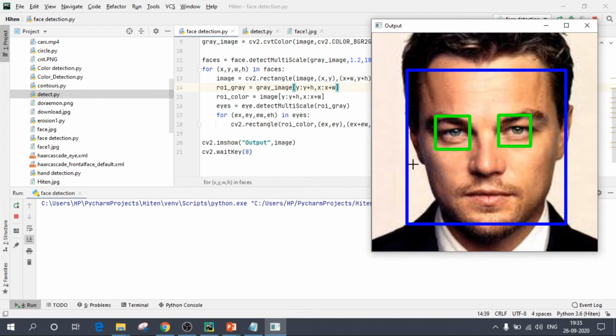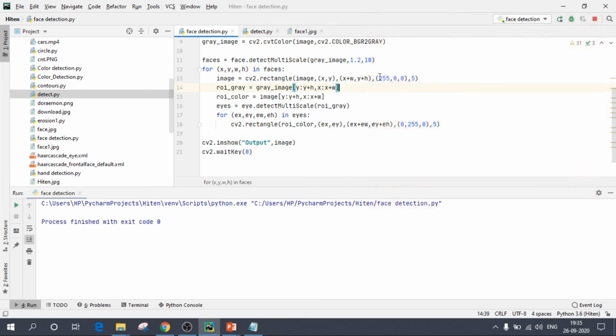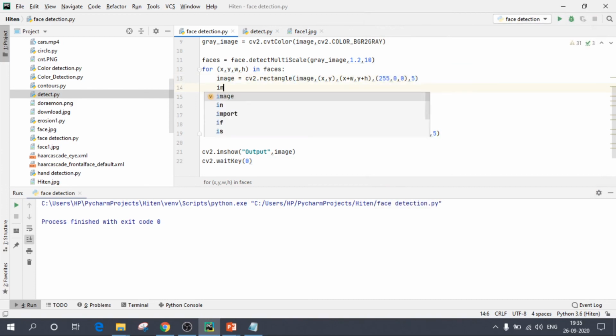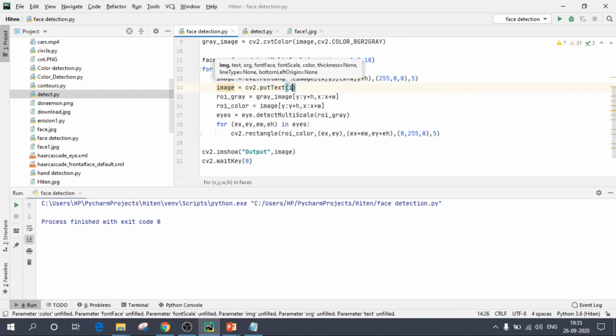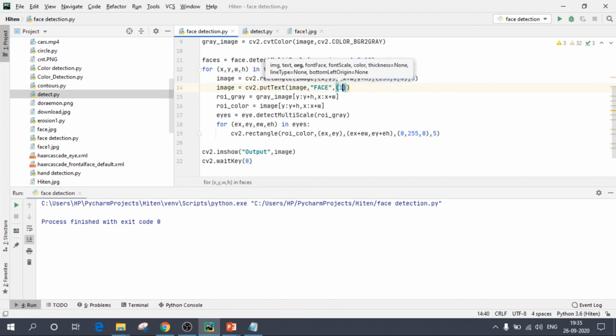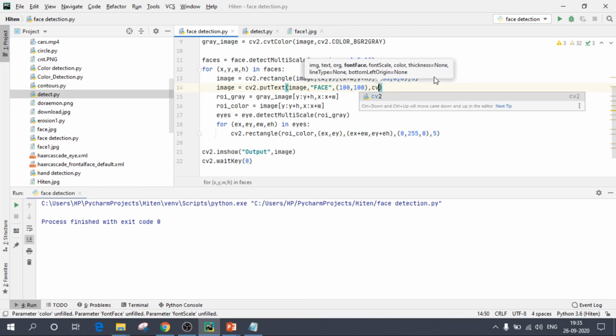Now if I want to put some text, what I can do over here is write image equals to cv2.putText. Pass the image, comma, the text you want. So I'll write Face, comma, origin, let's say I'm giving as 100, 100, font face. Which type of font do you want?